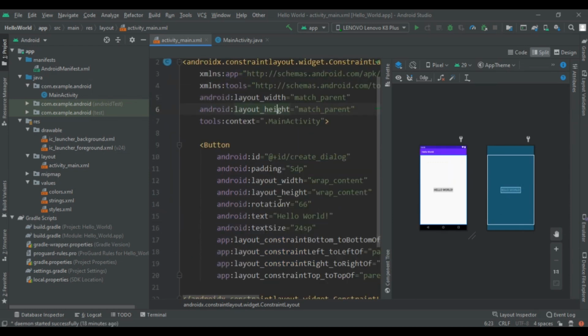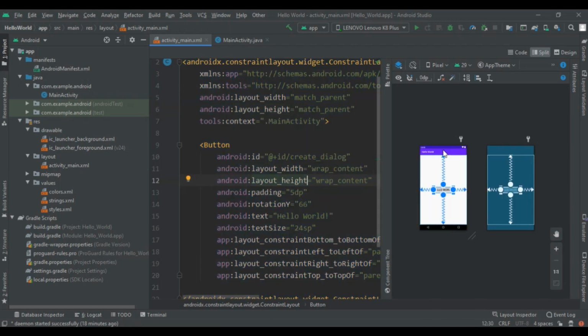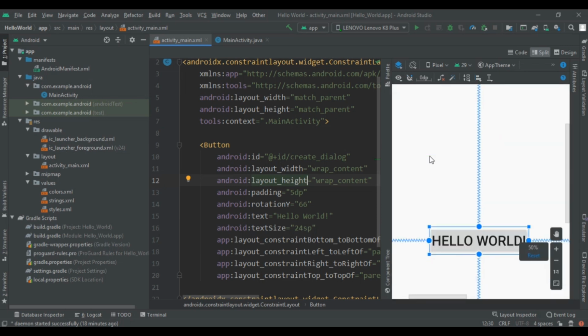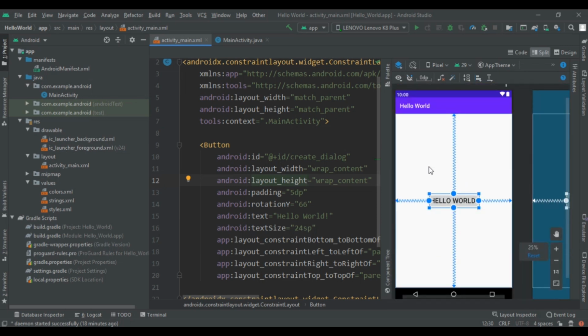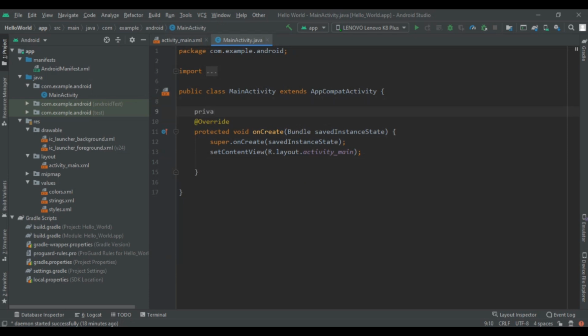Now press Ctrl A and Ctrl Alt L to align our code perfectly. Now we have created our button, so you can see it here. Now we are going to cast it in our MainActivity.java. So write private Button mExitButton.